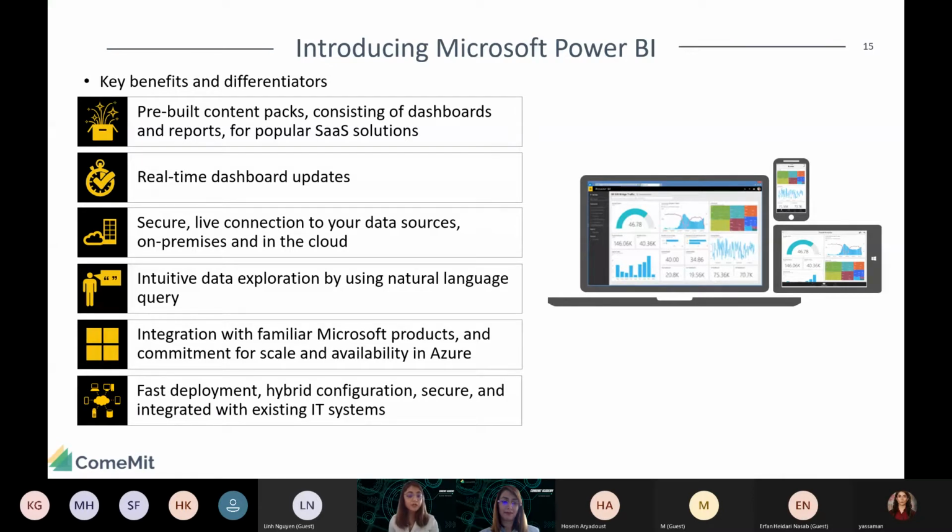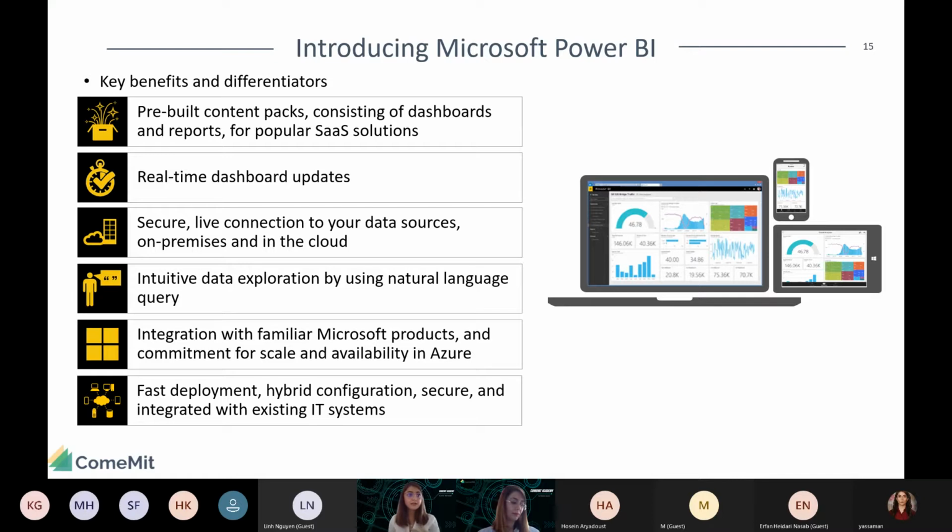So we have integration with familiar Microsoft products and commitment for scale and availability in Azure. One good thing about Power BI is that it connects with Microsoft 360, and it's a piece of that package. So if you are in a company which has both Microsoft 360 and Power BI, it's a very powerful combination, because then the sharing and security stuff is much easier.